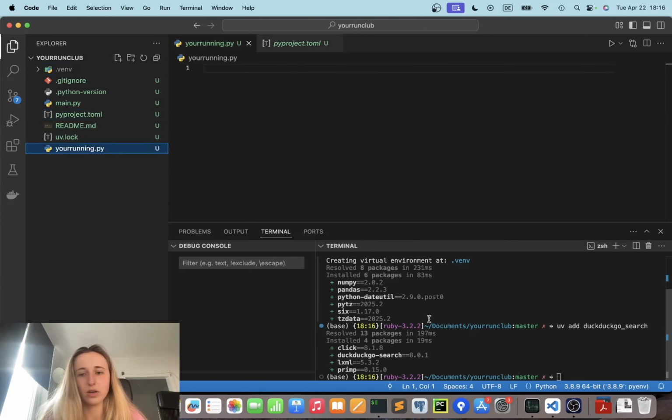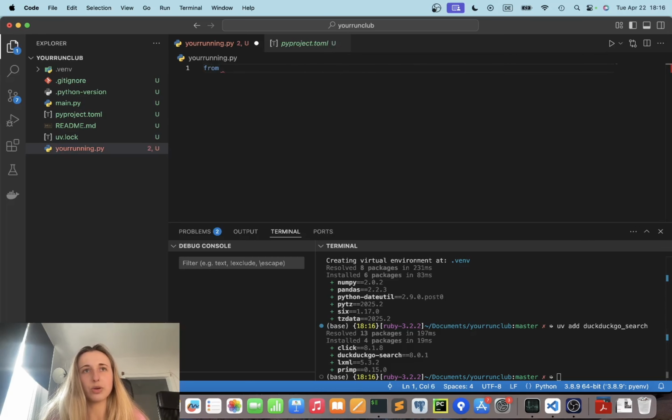So yeah, if you are gonna run this file, you might get an error later, but I'm gonna show you. So for instance, if we start importing DDGS from duckduckgo_search, you can see that it's underlined. So if we run this file,